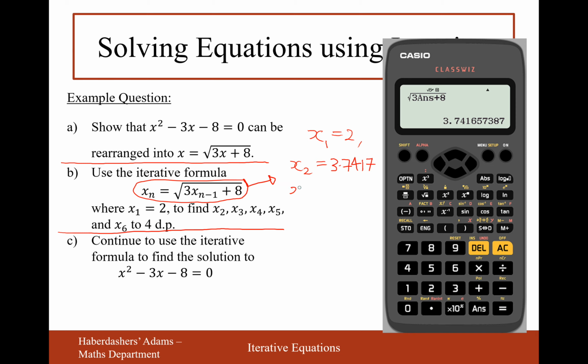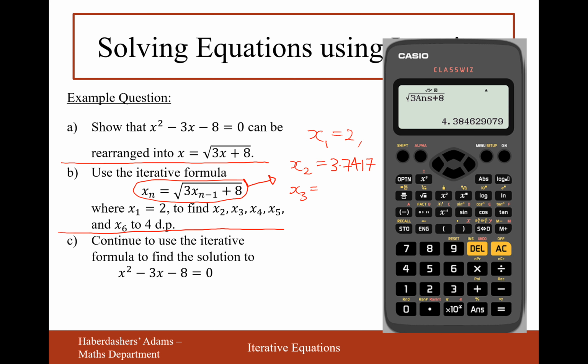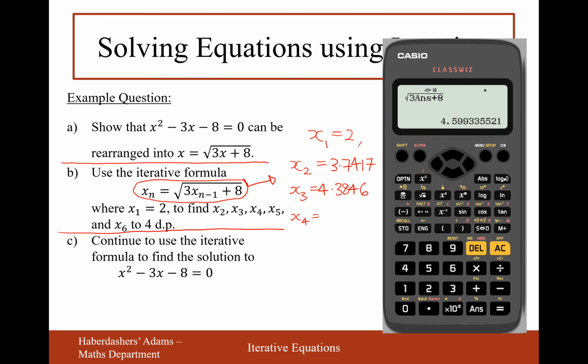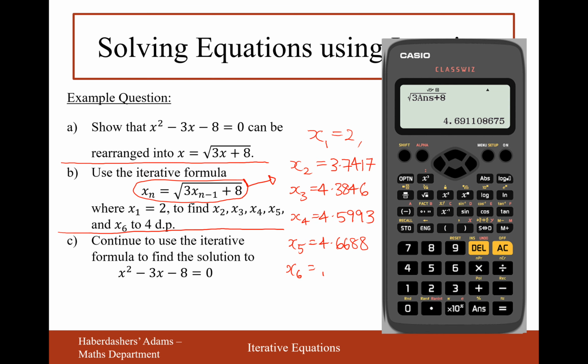3.7417, making sure we round correctly there. The 5 bumps up the 6 to a 7. Moving on to the next one is 4.3846. Remember, all of these are to 4 decimal places. It says so in the question. The next one will be 4.5993. The fifth term in the sequence is going to be 4.6688. And finally, the sixth term in the sequence is going to be